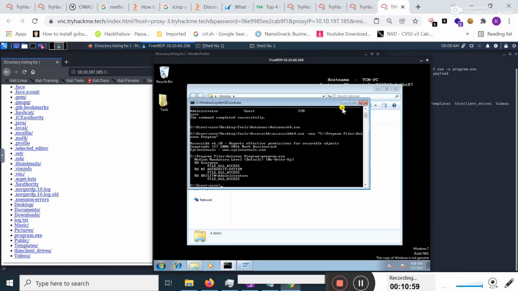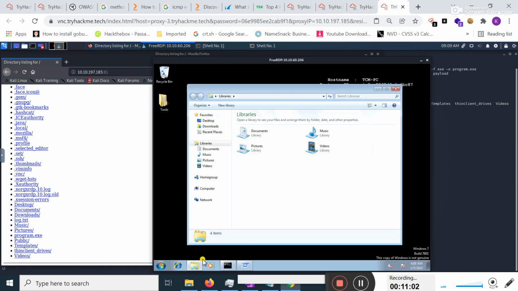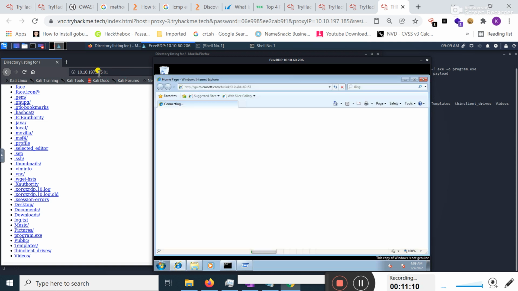I will move to Windows 7 and from here I will open the browser. Now students, I just typed 10.10.197.185, port number 81, and hit enter.